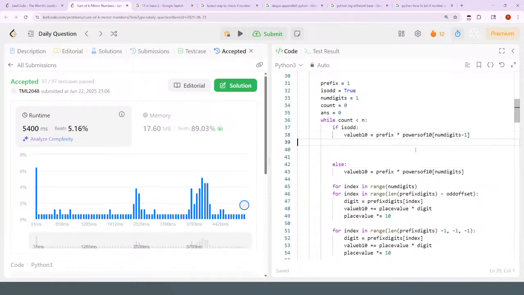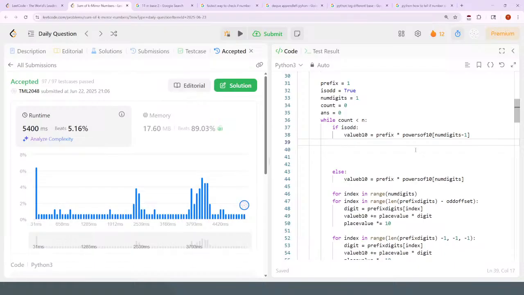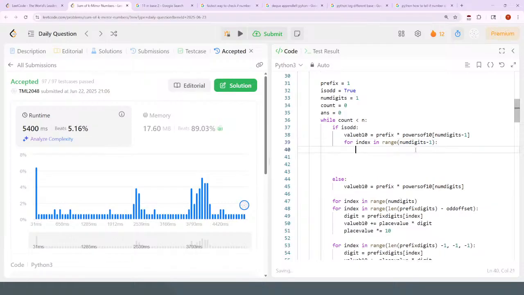If it's odd, it starts with that, and then for every index in range of num digits minus 1, then I want to add, I want to go through